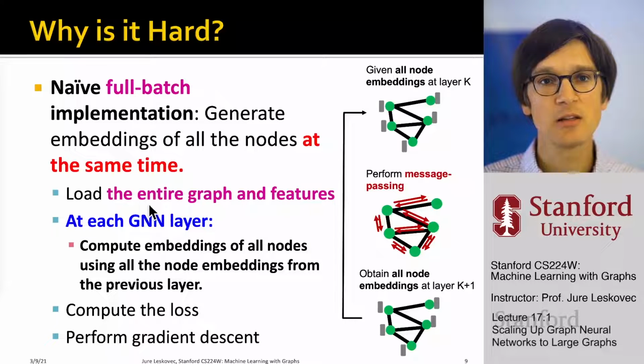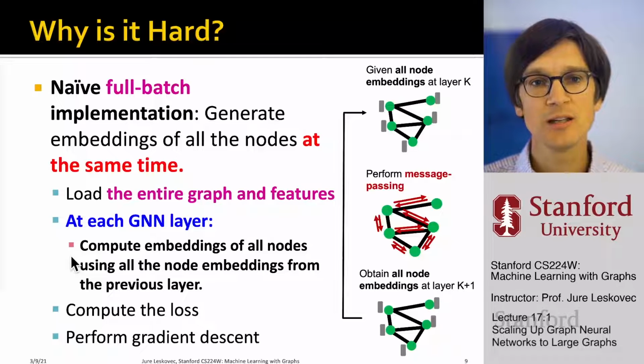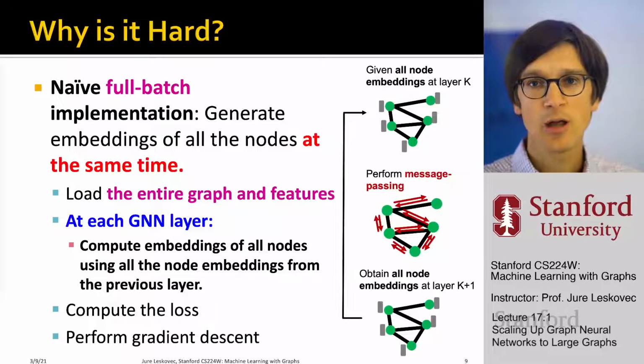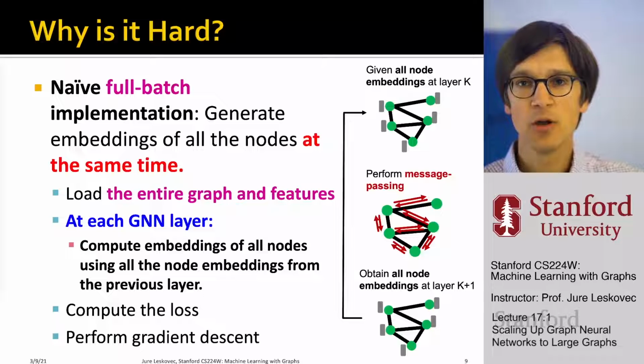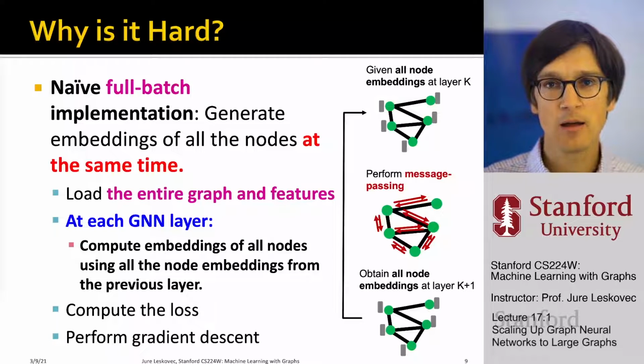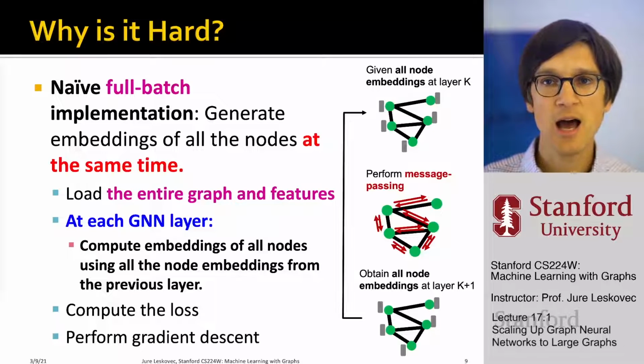So what this means is that you would first load the graph in memory and all the features, and then at each layer of the GNN you would compute the embeddings of all the nodes using the embeddings of all the nodes from the previous layer, right? So that now if I'm computing the layer K, I need to have all the embeddings of all the nodes stored for layer K minus 1, so that whenever I'm creating the next layer embedding of a given node, I check who its neighbors are, I take the previous layer embeddings for those neighbors and aggregate them to create the